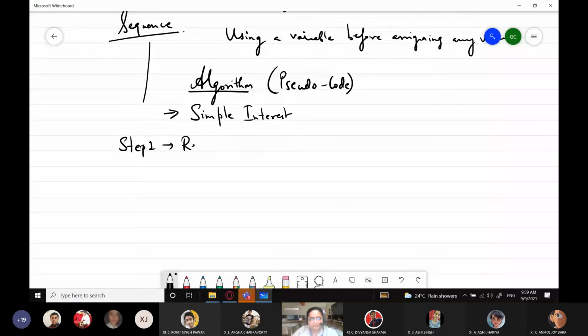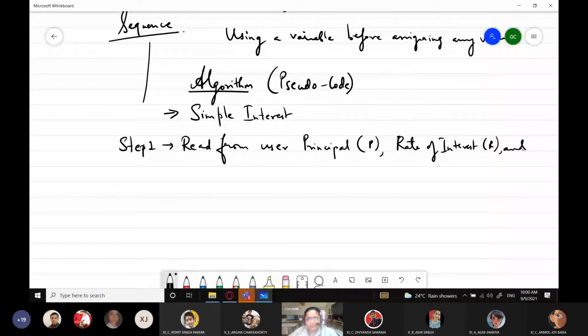Principal amount, we can write P, rate of interest, we'll write R, and time period. So you can see I am writing quite descriptive statements over here. That is T. This is my step one.